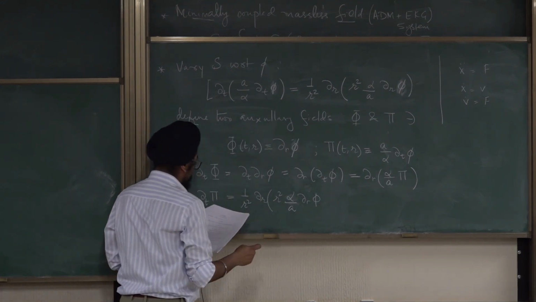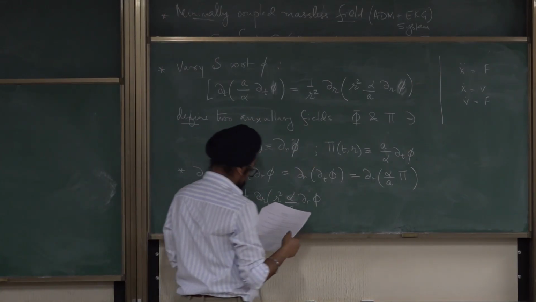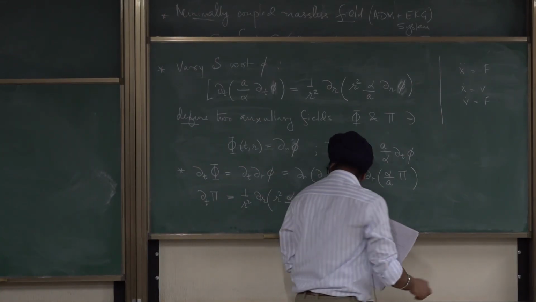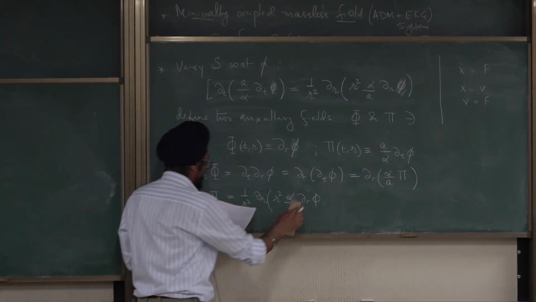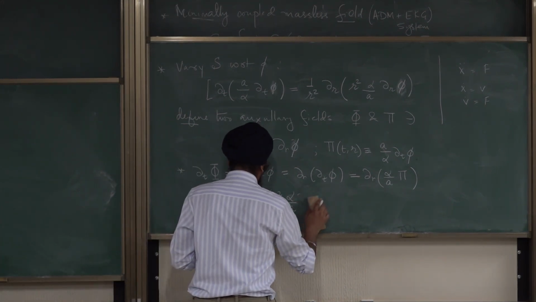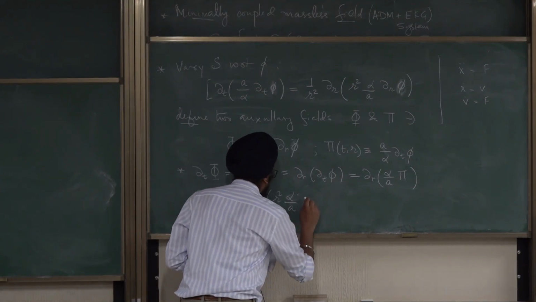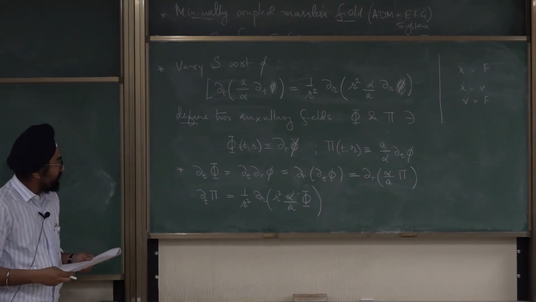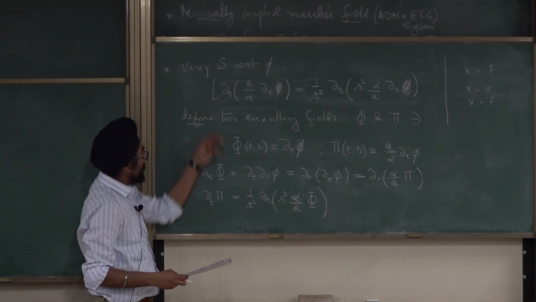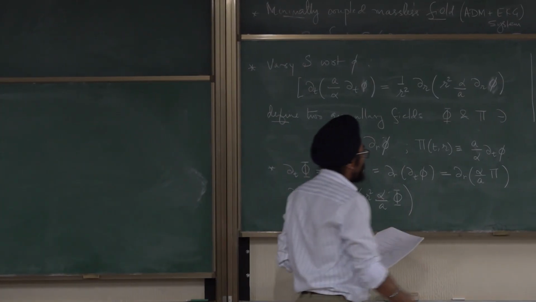But then this alpha by a del r phi is already del r of capital phi. So the second order equation is sort of broken down into two first order equations, and